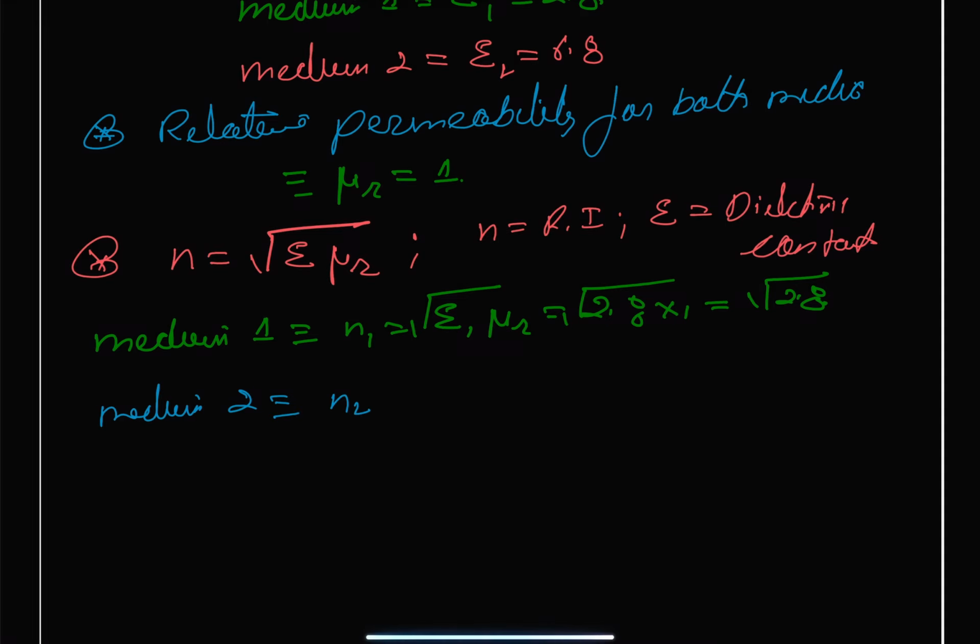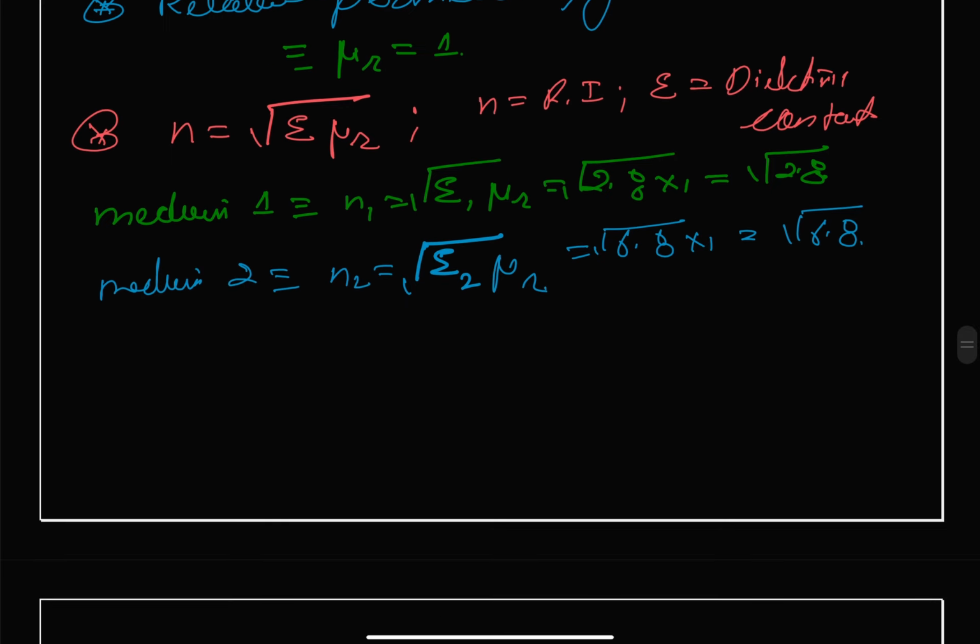This gives n2 equals square root of epsilon 2 mu r. This comes as 6.8 multiplied by 1 and square root, giving a square root of 6.8. And since the reflected ray and refracted ray are perpendicular to each other, we can use the Brewster law. So from Brewster law, if the angle of incidence is I, tangent of I will be equal to n2 upon n1,